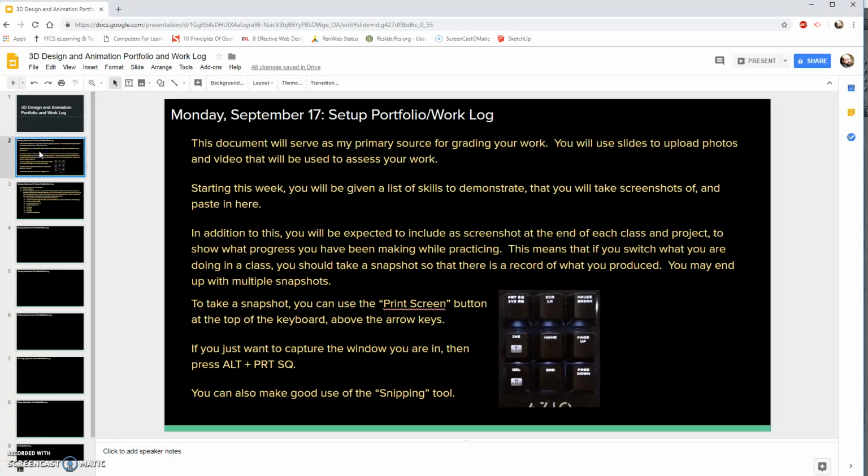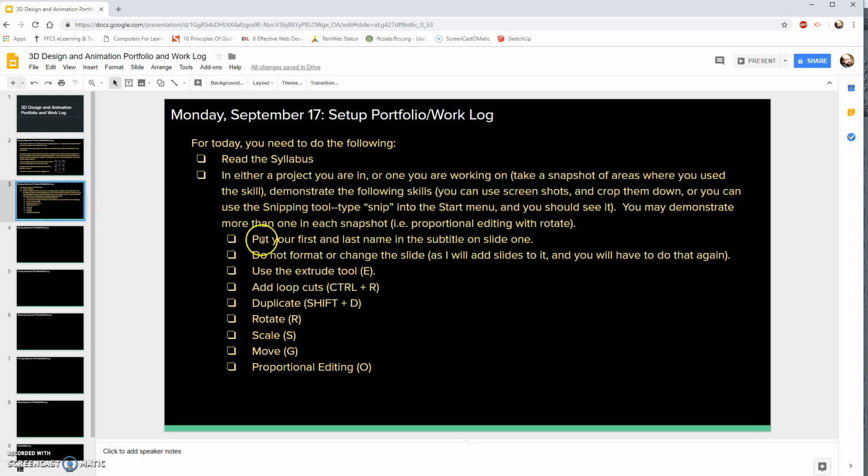In the second slide here, I have some basic information. Mostly what I just told you, but every day you're expected to put screenshots of what you have done in here, sometimes multiple screenshots, which means that if you switch between different projects, before you exit a project, I would like you to take a photo of it and put it into the slides so that, again, I have it. And mainly what I'm going to do in this video is show you how to take those screenshots. For our first project,